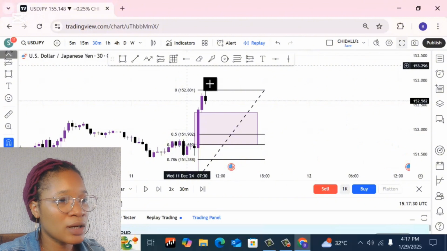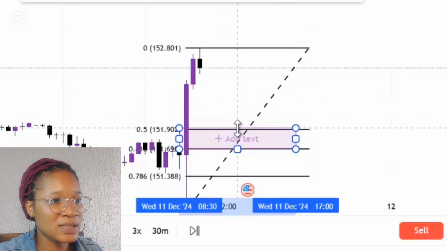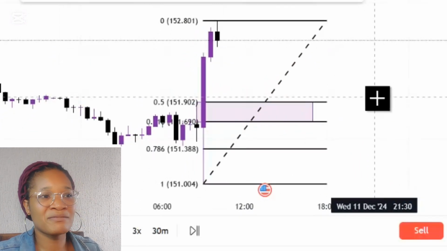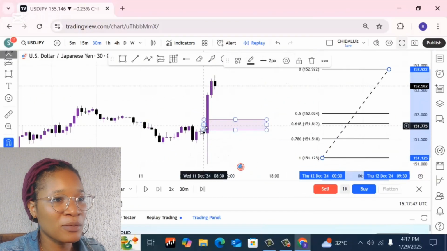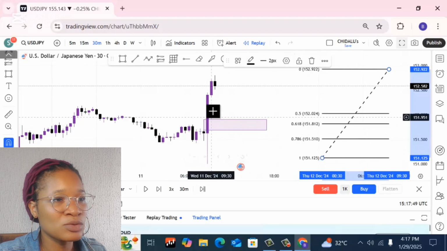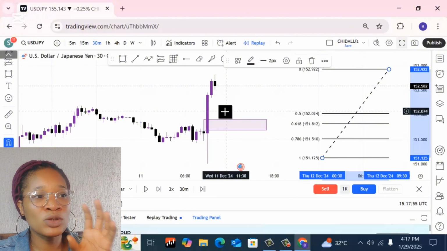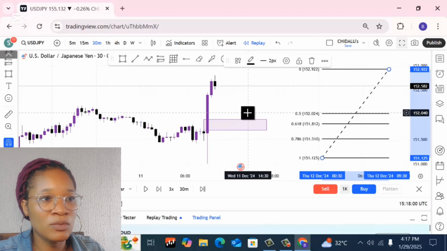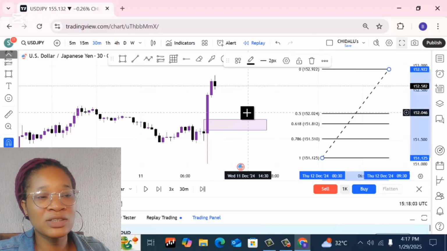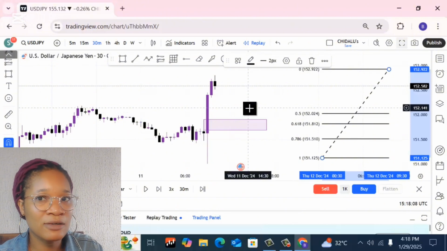Let me use that rectangle rather. So this is where the 50% started from, here. So I have narrowed down where I can take trades from. The fair value gap started from the high of this candle down to the low of this candle. But if I would want to place my trade, it will be too large for me. My stop loss will be too large, and that is not what I want. So the essence of using a Fibonacci tool to mark out 50% retracement is just so that I am taking that trade from a discount level,